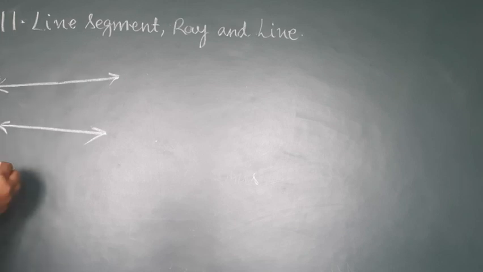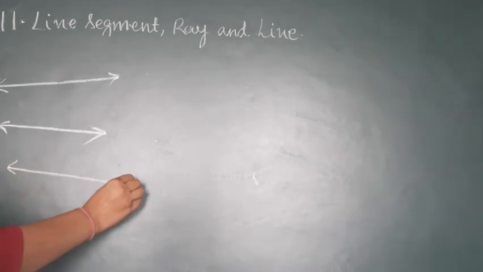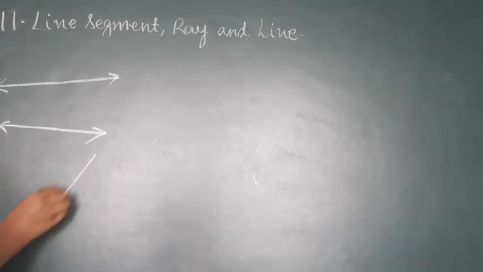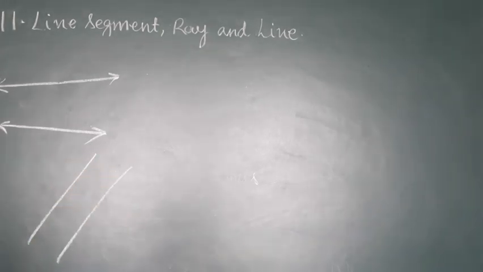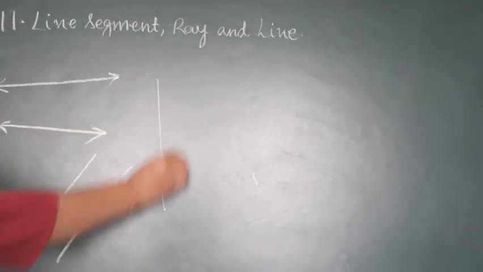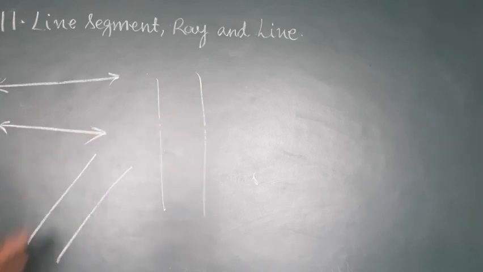Okay. Now I am drawing two more lines. You have to tell me whether they are parallel or not. Are they parallel? Yes, they are parallel. In the first case, they are not parallel. If I draw like this also, the distance between the two lines is the same, then they are parallel. If the distance between the lines is not the same at every position, then they are not said to be parallel lines.